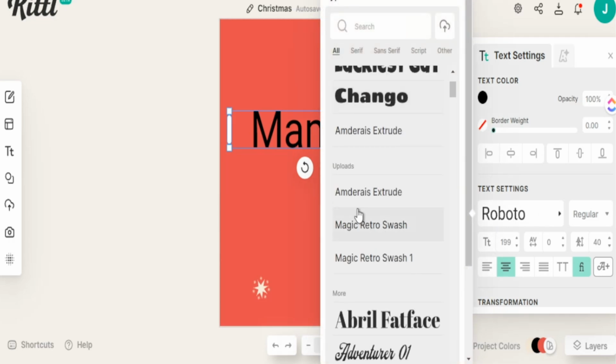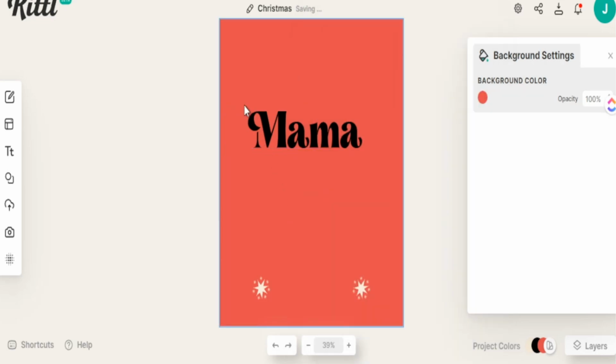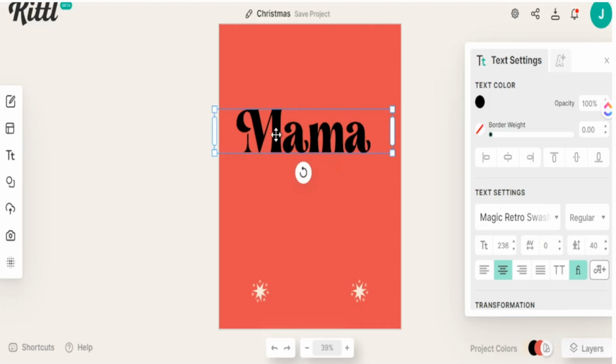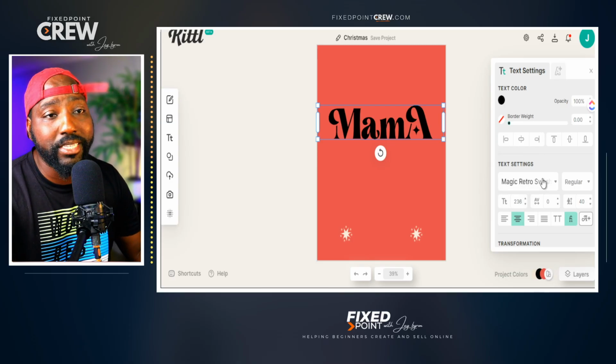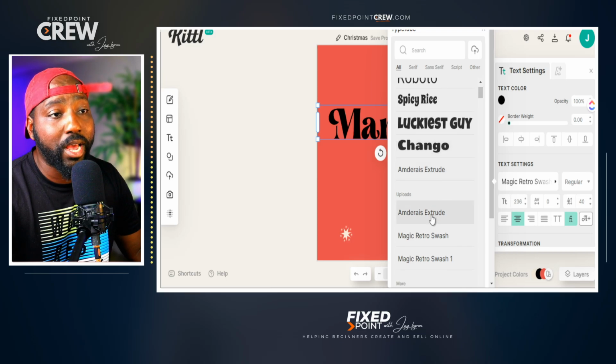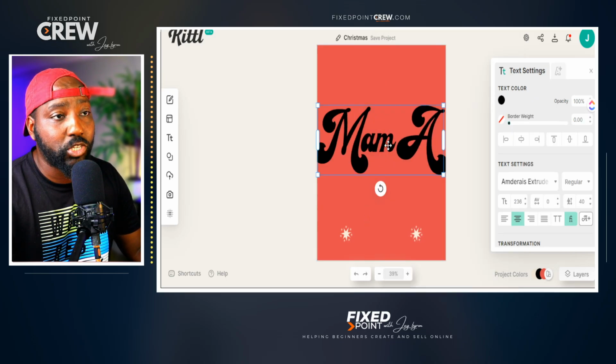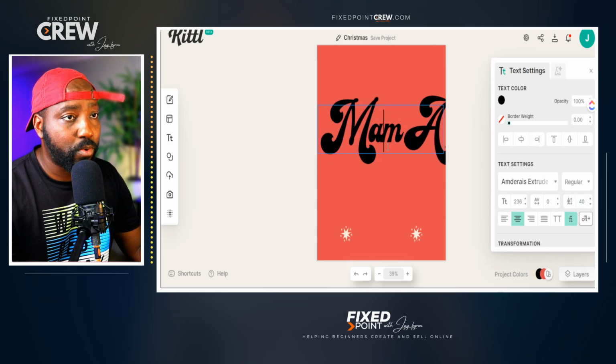And now you see at the bottom of my uploads, I now have my text design here. So we have our text mama already here. And as you can see, that retro style is looking pretty good. I can go down here, and this is what I mean by Kittl really changes the game in regards to text-based products. Now, I have already found a text-based design that I really want to utilize today, and it is this text-based product here. And I'm going to just set this back to a regular mama with everything lowercase, and